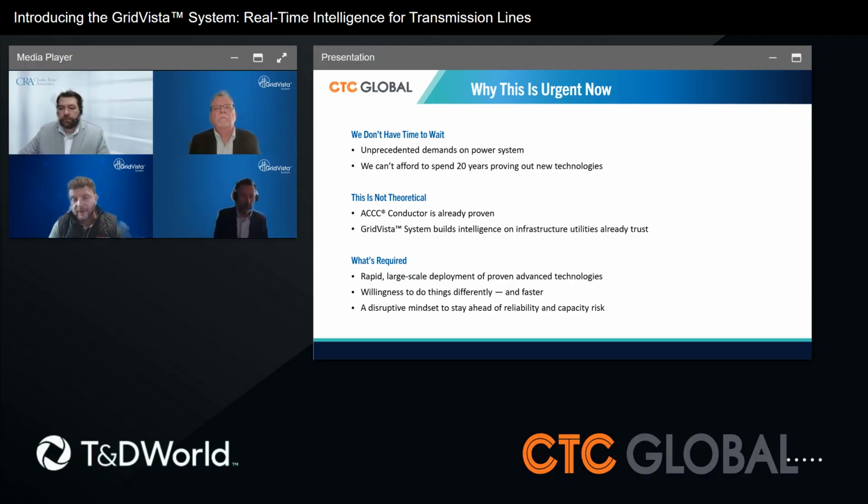GridVista uses only one fiber optic. It's very robust. It's well protected and well suited within the carbon fiber layer. It is meant to take the load-bearing weight of the entire conductor, so that when you have an issue and a break in the carbon fiber layer, it transmits that information or that locational issue to the fiber optic in a distributed fashion to give you exactly where that break is with high precision. So it's not just sending light down one end to the other end, it's actually submitting information from one end to the other end, whereas the InfoCore is just letting you know if there's a break at one particular location.